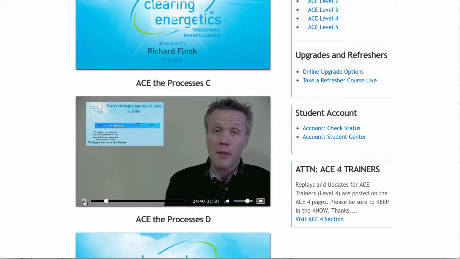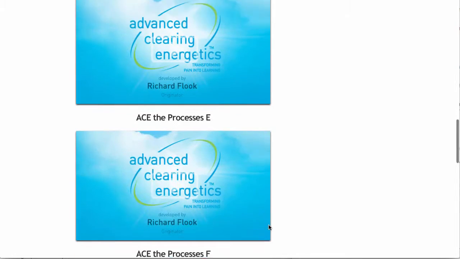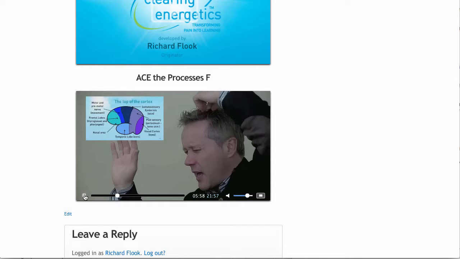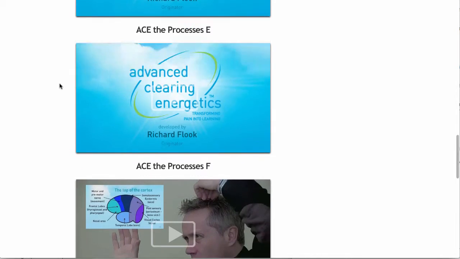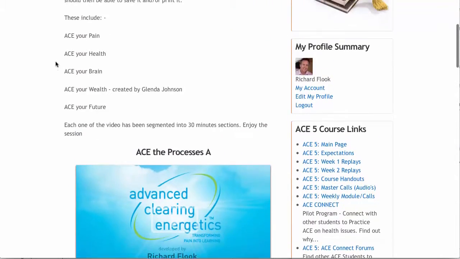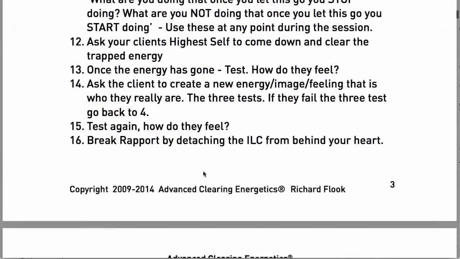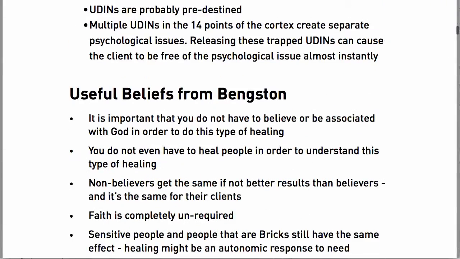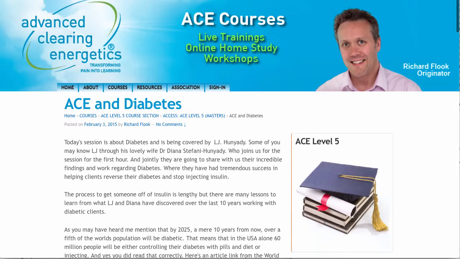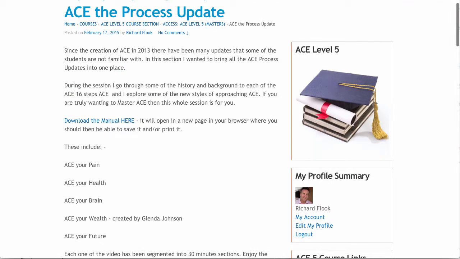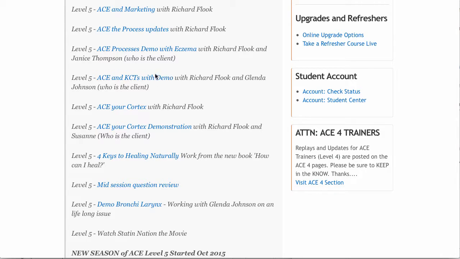So I literally go through therapy, epigenetics there, but this is really bringing it right up to date. And I've got some other things there. And then how do we ACE your brain and stuff like that. Is there a unit moment there? It's just a recap, but we've also got a manual here. Let's see what happens with the manual. There it is. See the manual there? So it's all of that material there. Okay, good. Right, let's come back to the processes, come out of all of that.